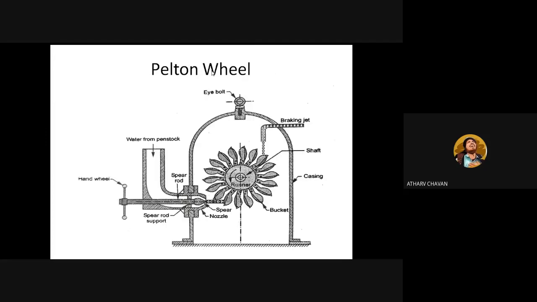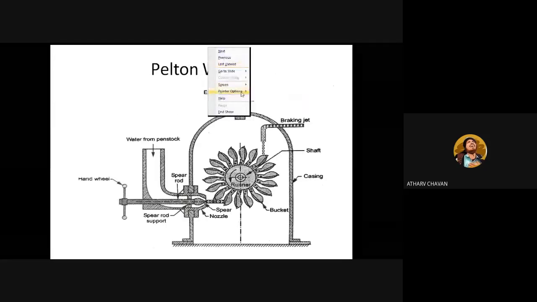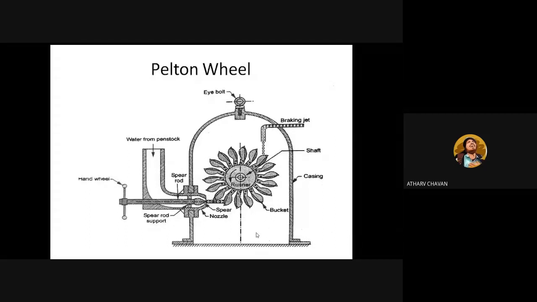The Pelton wheel. So this is the whole assembly of the Pelton wheel. We have seen the penstock and the nozzle assembly here. We have seen it earlier. This is the runner which I was talking about, and these are the buckets which are mounted on the runner. This is the shaft, which is the electrical motor shaft. One more point of the Pelton turbine, it's totally inside a casing, and there's a tail race so that the collected water gets off from there.